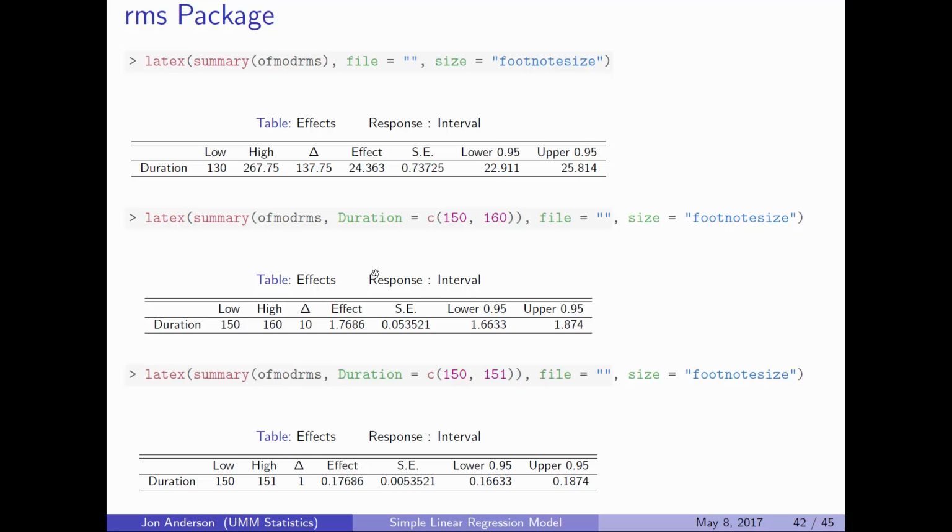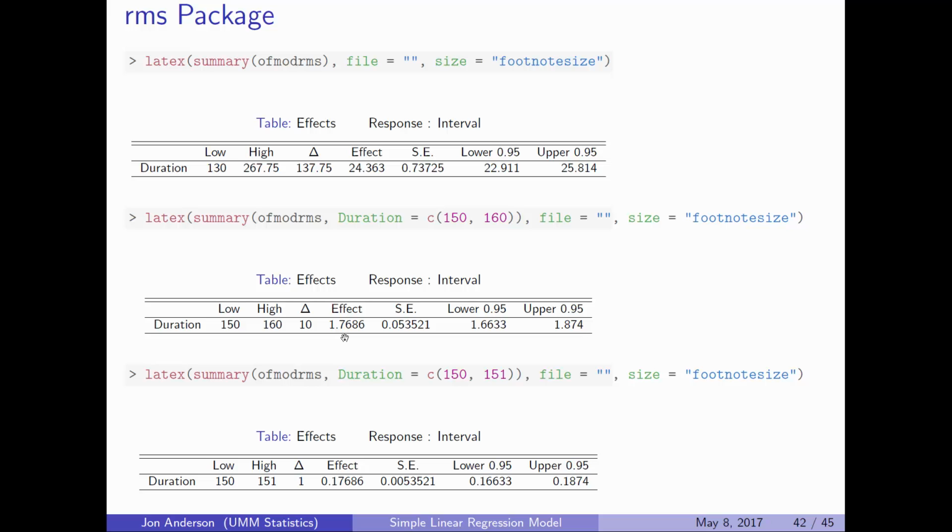Now the next command is a little bit different because I've specified the lower and the upper boundary explicitly, 150 seconds up to 160 seconds. Well, that's a change in x of 10 seconds,